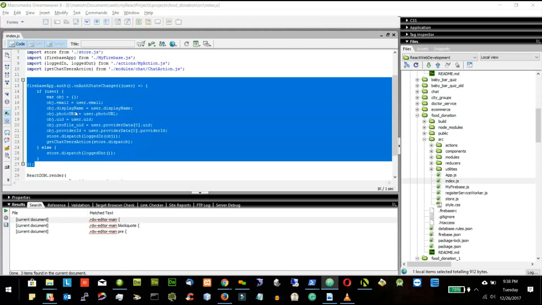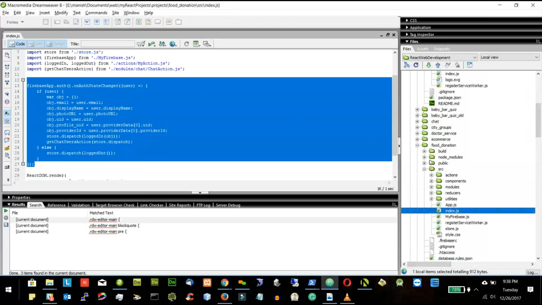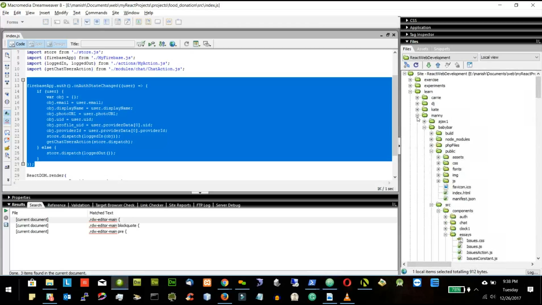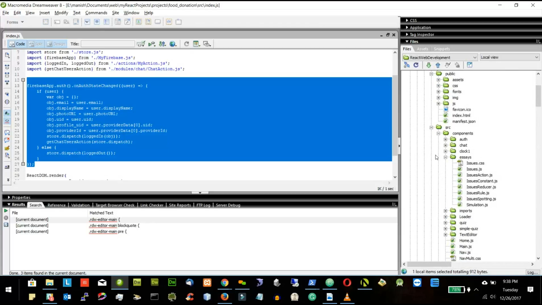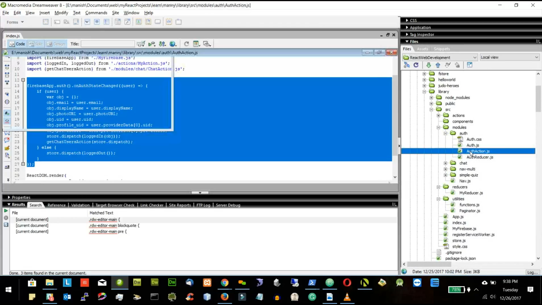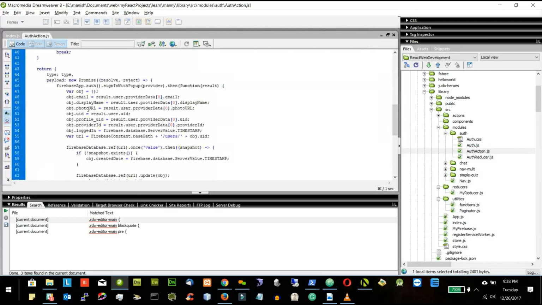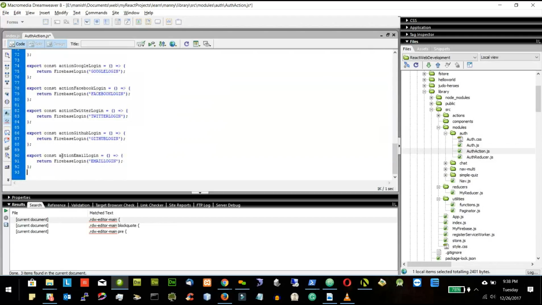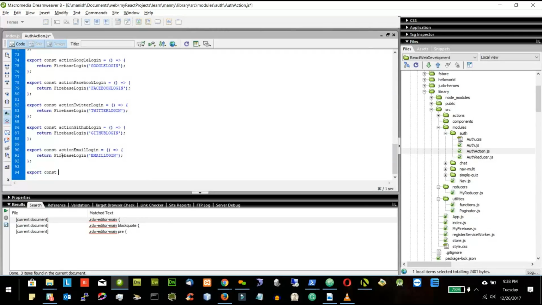So let's put this part of the code in our library so that we should know whether I am logged in or not. So I will go to my project library 1, and here I will go to the auth. I will go to auth action. So I already created the login Facebook, Twitter, GitHub, email one. I will create one more function called as export constant. I will name it as, you can name it anything, Firebase auth system equal to, I will create an arrow function,